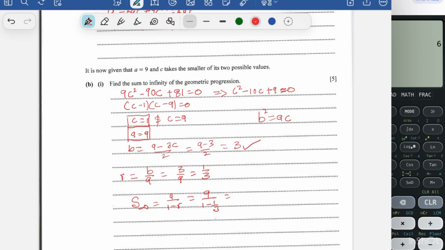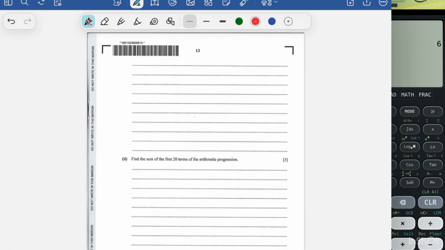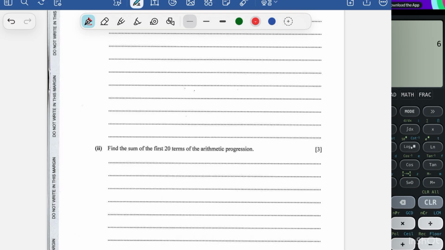Okay, you should get 27 over 2. So this is my answer. It's a good 5-mark question just for you to solve some algebra. Again, algebra is the basics. All right, why did he give so much space? All right, so for part